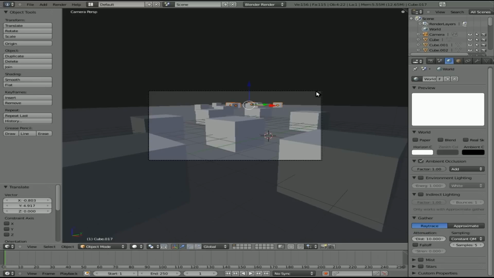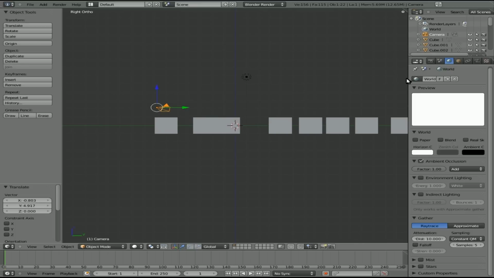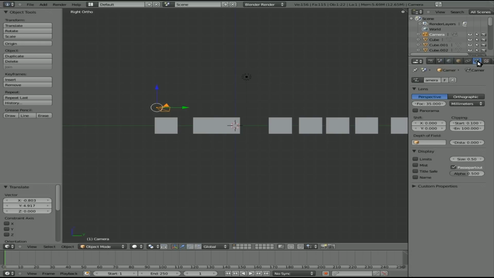So we'll choose our camera here. So our camera is selected. We'll press 3 on the number pad to get a side view of the camera here. And I'll click with the camera selected, this little camera tab here, and I'm going to turn on limits, and you'll see that adds a line, and that's where the camera is pointed. And if I start moving the distance up and out,